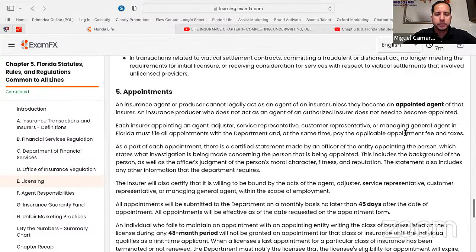Okay, appointments. When you see the word appointment, it doesn't mean like you set an appointment with somebody. An appointment is an authorization for you to do business with a person or with an insurance company. If you're going to write insurance policies for multiple companies, you need multiple appointments. So you need an appointment at each company. An appointment is never transferable, so you can't